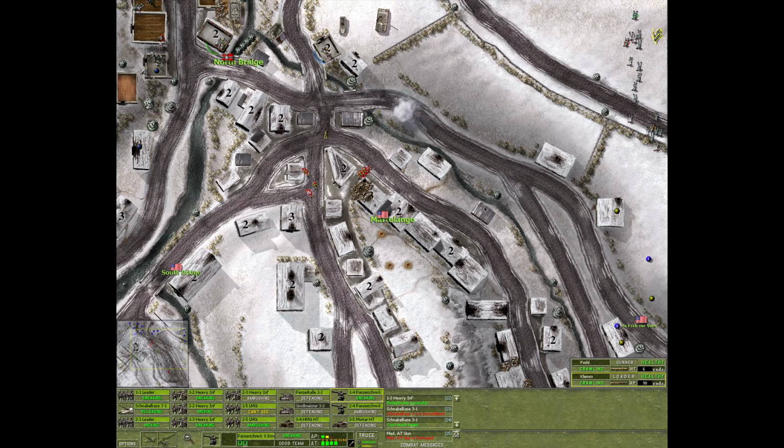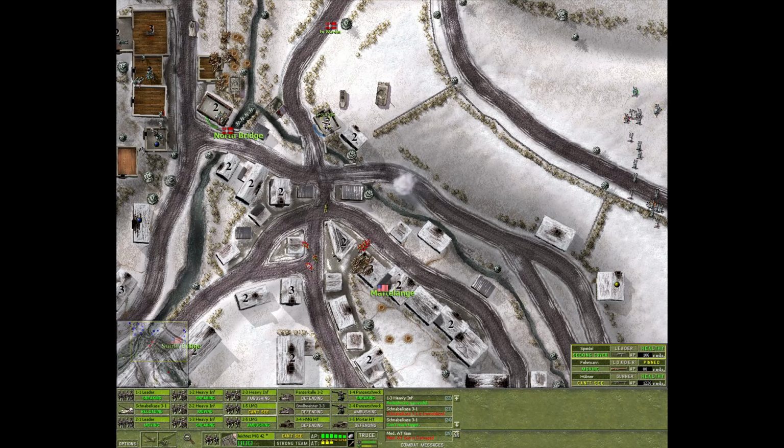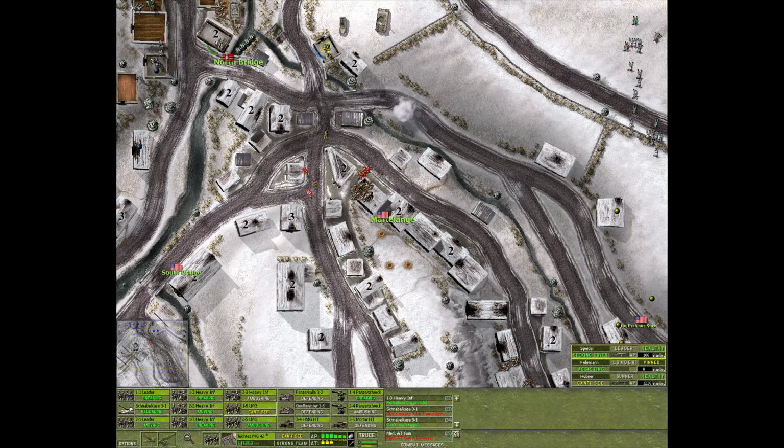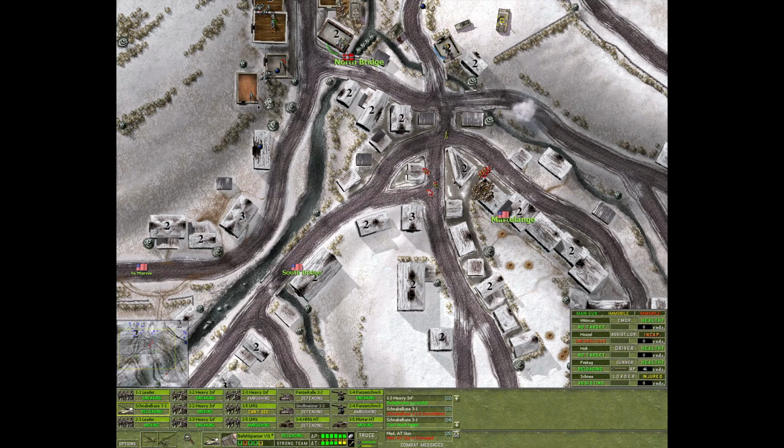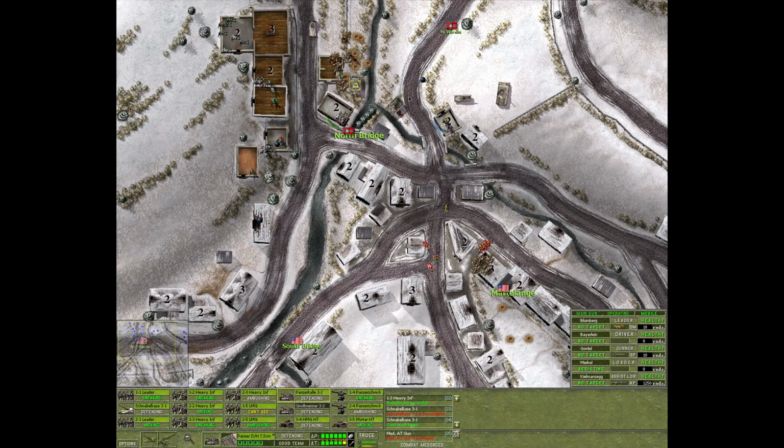Panzerschreck. Maybe take part of this building. You guys kill him. Move the mortar half-track. Maybe he can see down the road. And Panzerkalle is still hidden, but I'm reluctant to pull him out without knowing where that bazooka was that hit